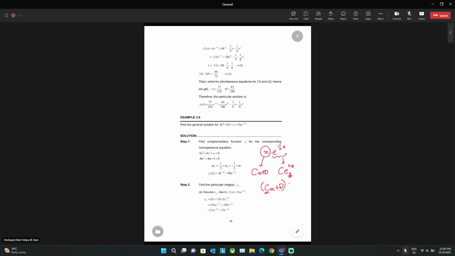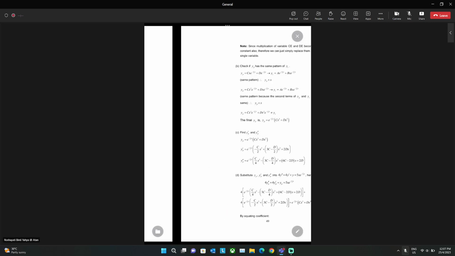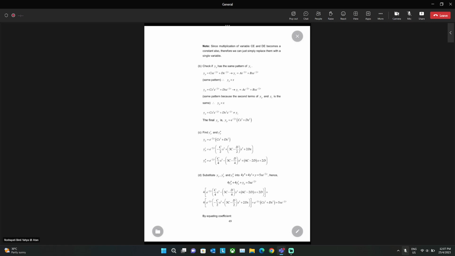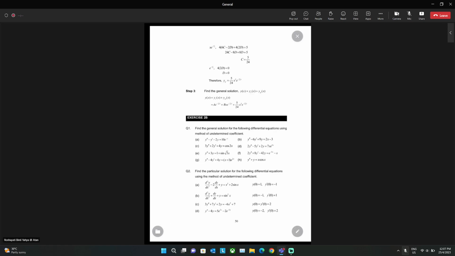Since you have cd now, this becomes e exponential, and n is based on n here, so negative 1 over 2x. After that, you can continue with your basic maths: multiply, plus and minus and so on. For this part, it is quite challenging because the steps are quite long. So you can try yourself, and then the answer is